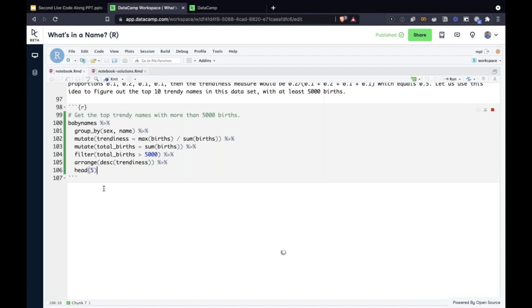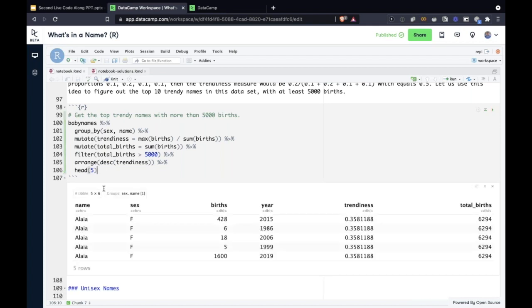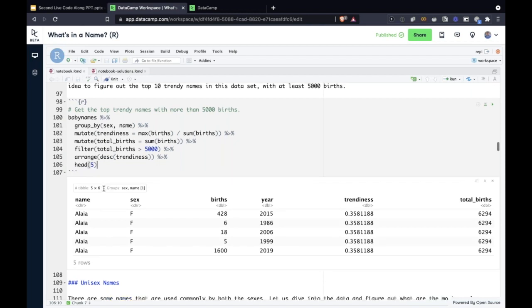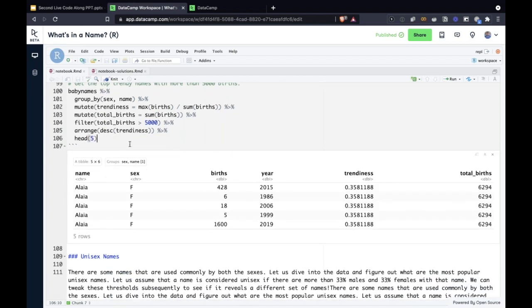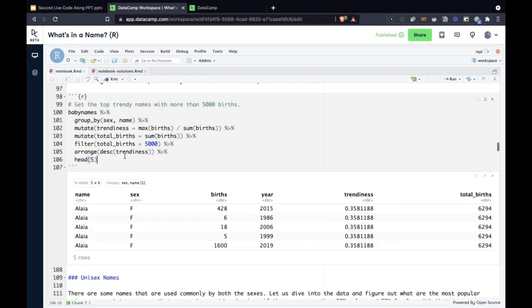So let's wait for this code chunk to finish. This is not really giving us what we need, so let's see what is happening here. Okay, so this is the reason why we're getting this. If you remember, last time we used group by and summarize, and when we use group by and summarize, once we finish the summarization,